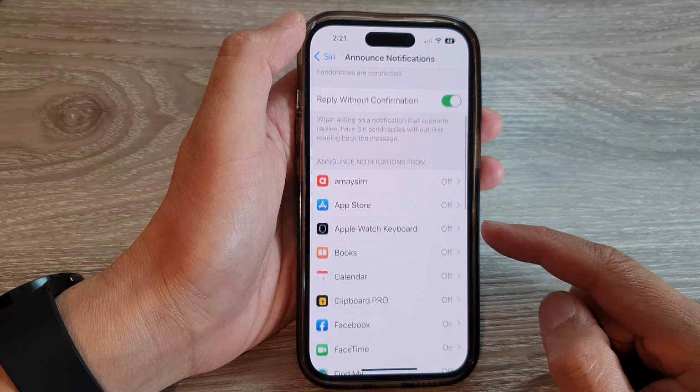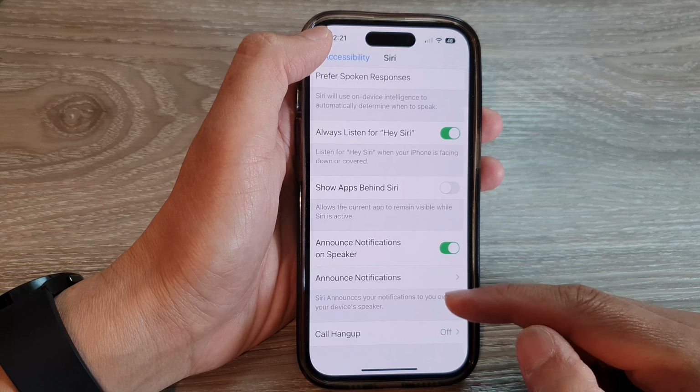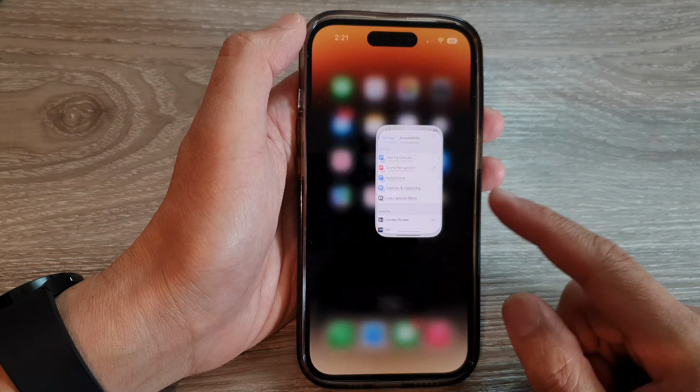And that's it. Finally, you can tap on the back key or swipe up to go back to the home